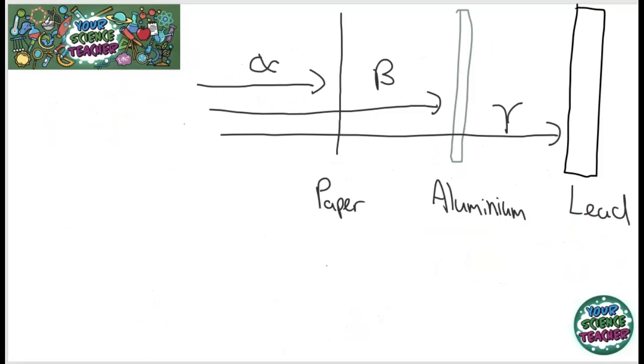Alright, so we've now looked at the 3 different types of radiation, and now we're going to look at some cool properties about each of them. The first one is alpha radiation, and if you look at this diagram that I've drawn, you can see that alpha radiation can be stopped by paper. This is because it is the least penetrating out of all of the three types of radiation. Also, it is the most ionizing.